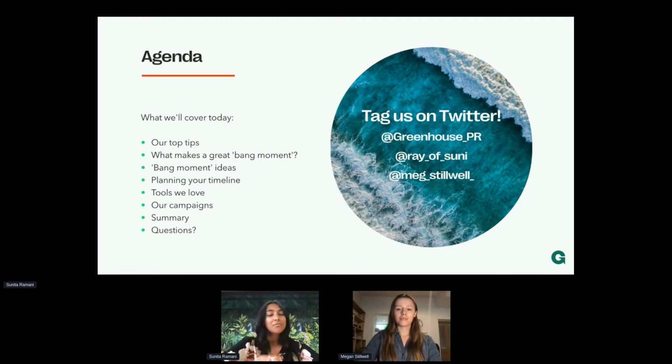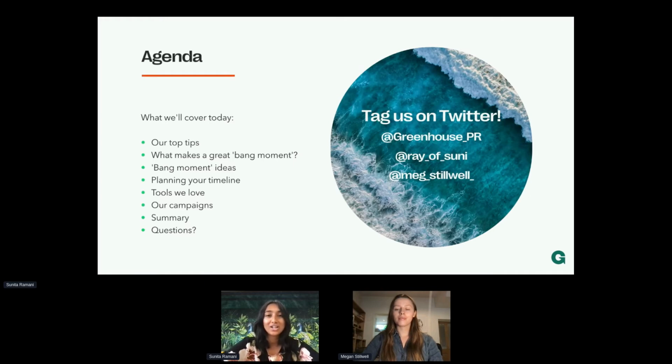And this conference is obviously all about the lead up to COP15 and COP26. This is a huge year and a hugely important time for climate action, as we all know. So uncovering the recipe for how to create that bang moment is so important in order to gain the impact and the reach that you're trying to gain with your campaigns at the moment, and cutting through the noise, getting your voice heard at a time when there's a lot of conversation about climate, but maybe not all of that conversation is effective or delivering impactful messages.